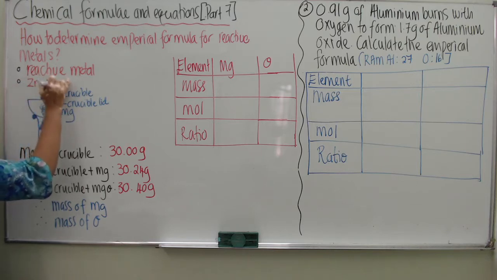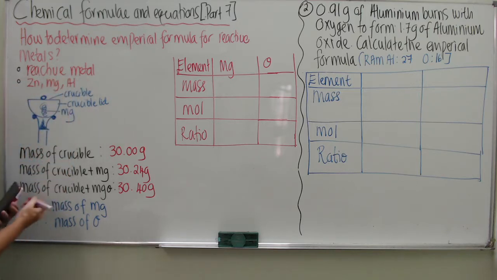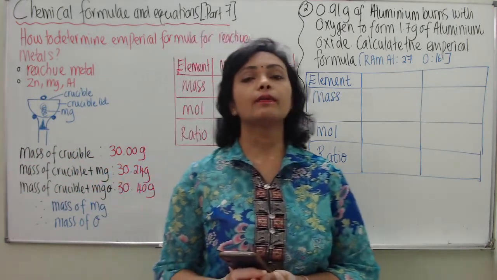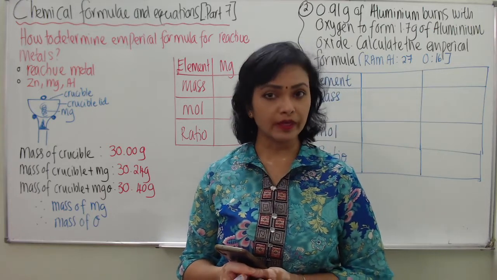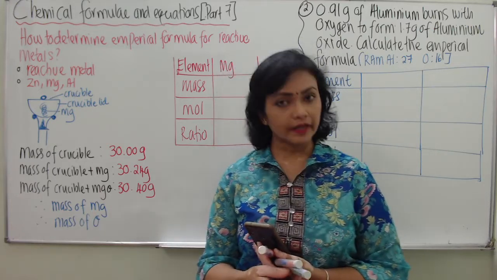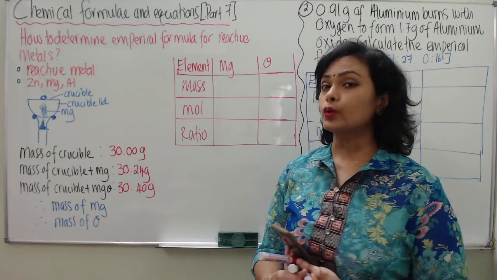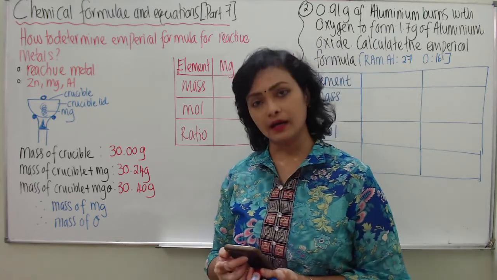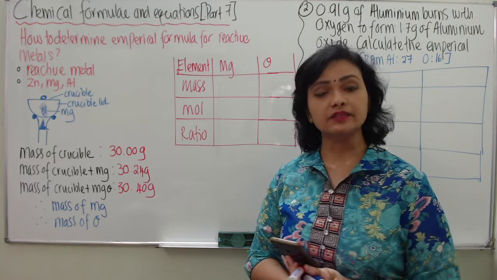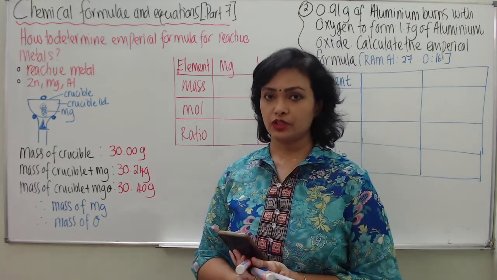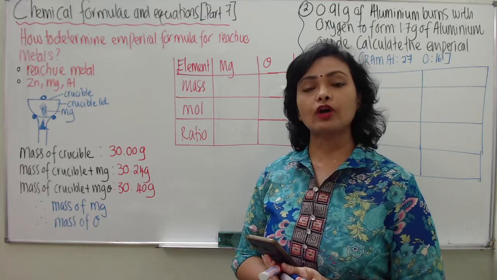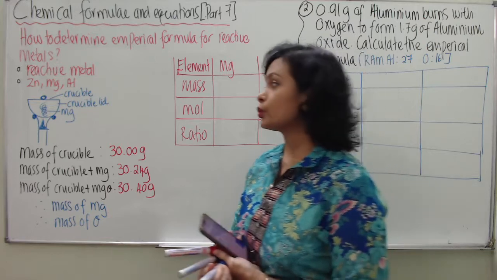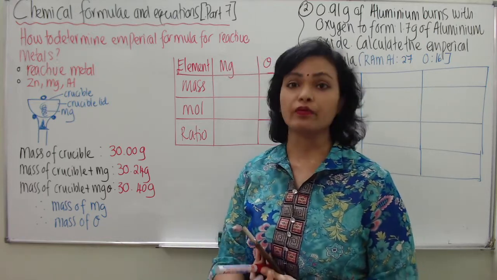Zinc, magnesium and aluminium. These metals are called reactive metals because they can react readily in air. Meaning, when you burn the metals magnesium, aluminium and zinc at room temperature using just the Bunsen burner, because these metals are reactive, they can just burn with oxygen. So you don't have to go through a complicated setup of apparatus.